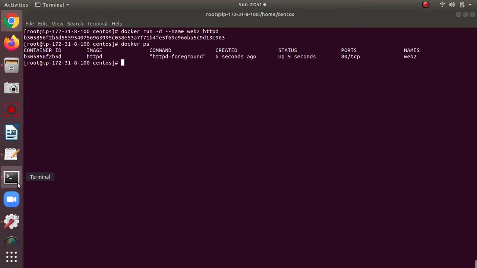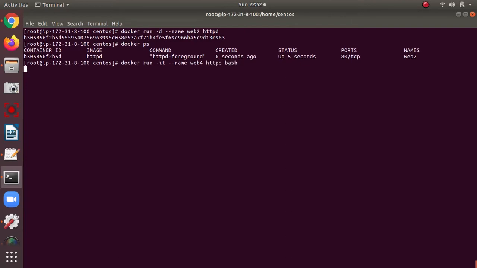In our case, as I told earlier, we have both in one server. Let me show you something important: docker run -it --name web4, with image name httpd and bash.